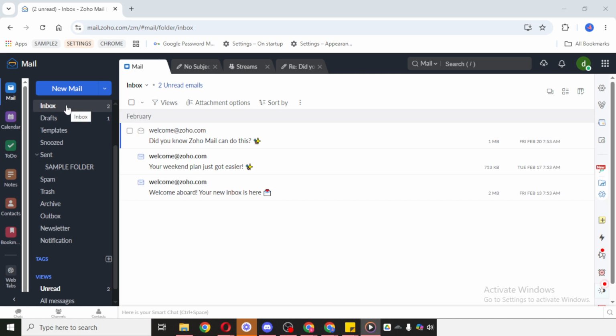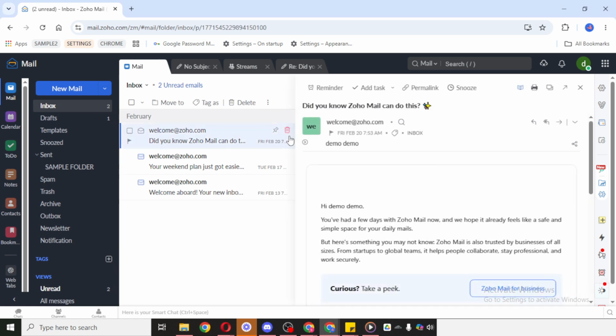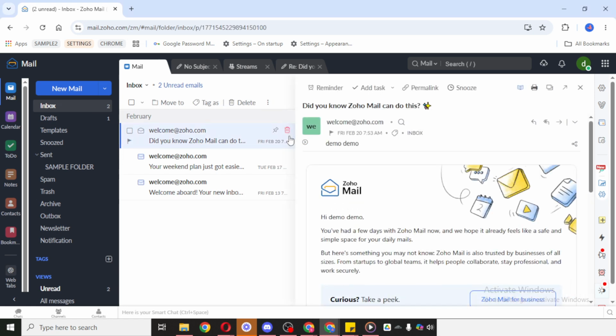Now, take a moment to locate the specific email you want to print. If your inbox is full, it may help to scan the subject lines carefully so you choose the correct message. This is especially useful if you're printing something important like a receipt, a confirmation, or a message you need to keep for reference. Before opening it, just make sure it's the exact email you want, since that will save you time and help avoid printing the wrong content.